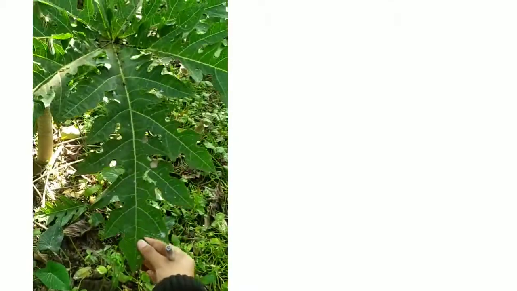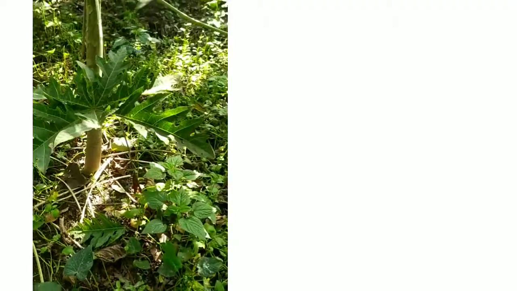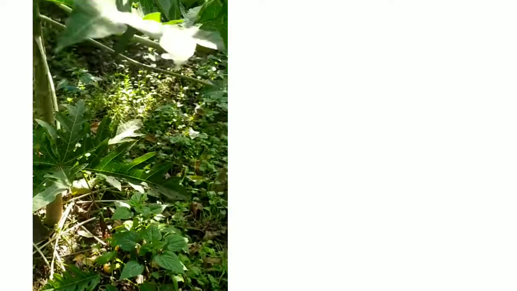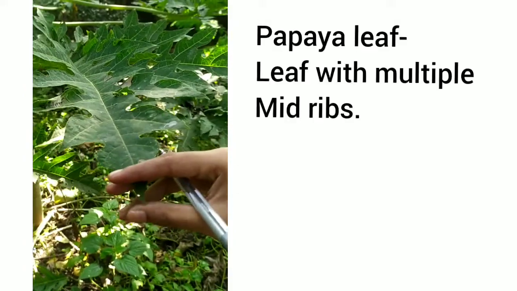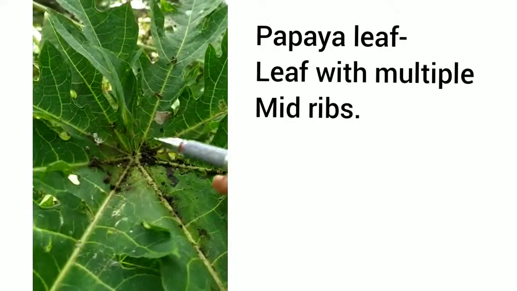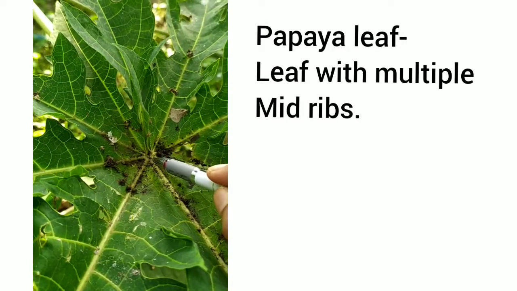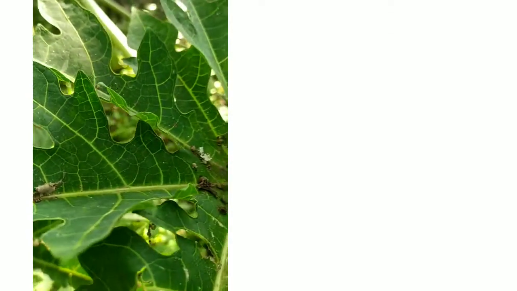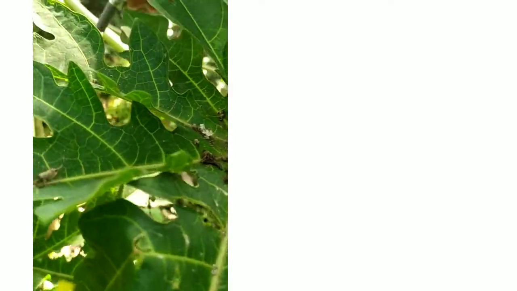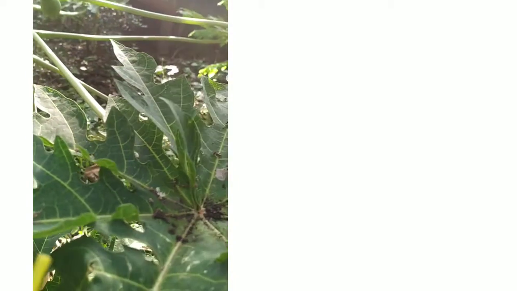Suppose this very common leaf, which is a papaya leaf. This is the thin, flat portion, and hence this is the lamina. This is the apex of the lamina, the tip of the lamina, and this is the base of the lamina. Why base? Because this is the point from where the entire lamina seems to arise. From the base of the lamina we have one end of the petiole, and the other end of the petiole is attached to the stem.